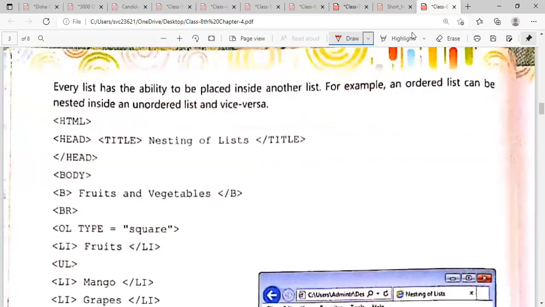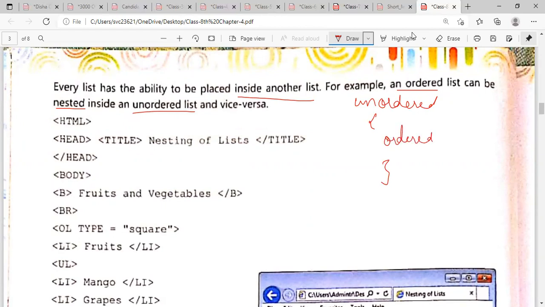Next, every list has the ability to be placed inside another list. Now you can create a list within a list. For example, an ordered list can be nested inside an unordered list. Here you are taking an unordered list, and under the unordered list you can take an ordered list.